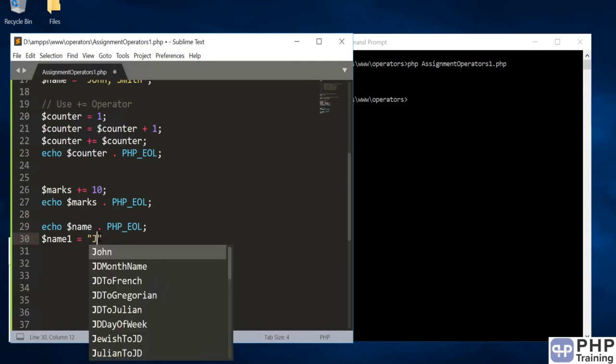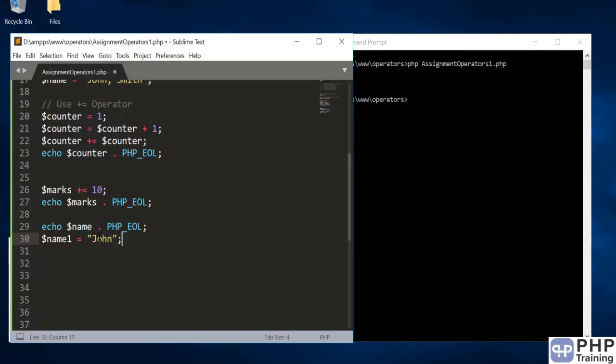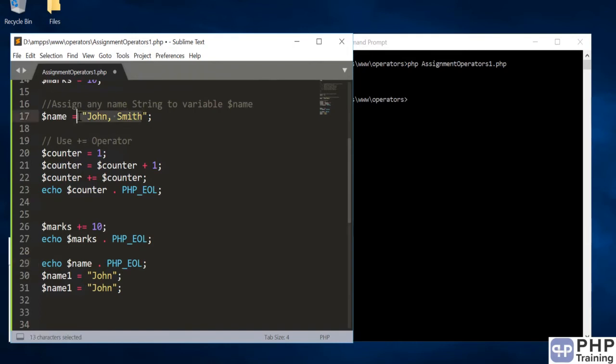Let's say you have John, and you want to add the comma to it. You want to have the same notation like John comma Smith. So you can say comma here, space, but you can use the dot operator here. Means to the same variable after John you are assigning this string. Okay, you can keep on adding this,